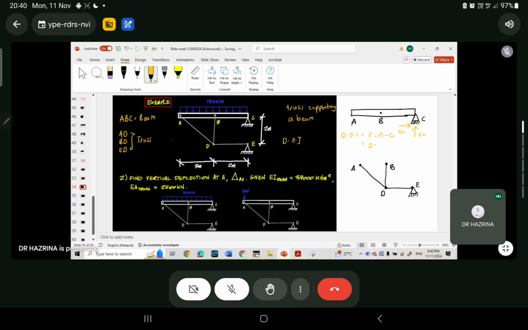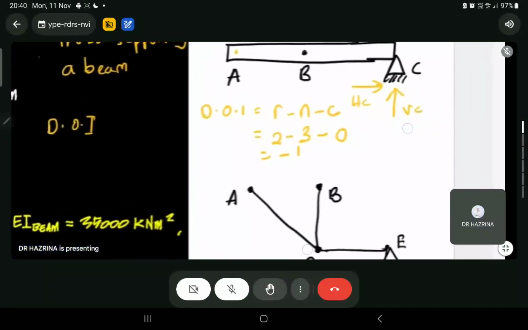So 2 minus N. N adalah equations of equilibrium, where dalam case ni you ada 3. And C, do you have any hinges here? No, you don't have any hinge. Okay, so this one is just supported by B. So there is satu dekat sini supported by A. So C tak ada, C kosong. So dekat sini you ada 2 tolak 3, you ada negative 1. Okay,